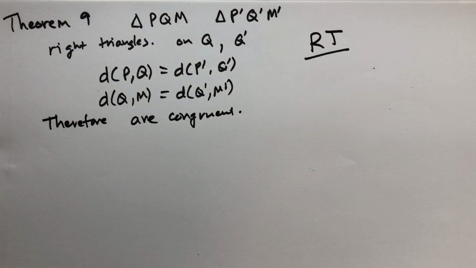And I don't believe we need to rely on the conclusions of RT to deduce RT, so we can actually prove it from scratch without assuming it at all. So the proof is left as an exercise to the reader. All right, so you should be able to fairly easily find a proof that this is